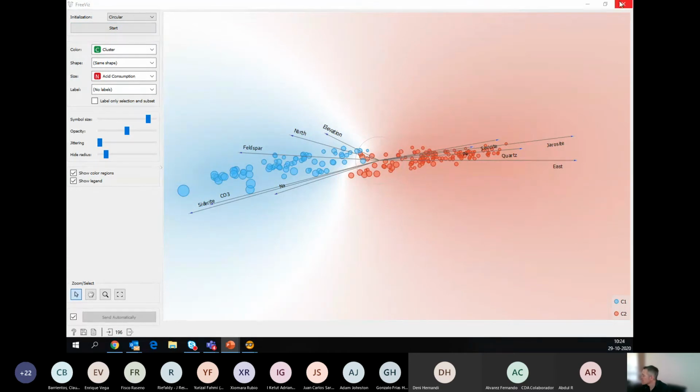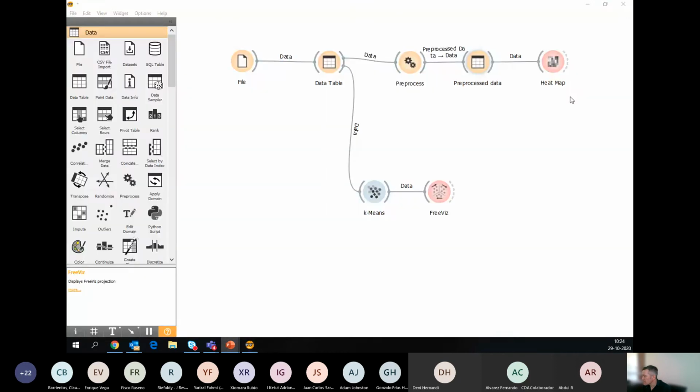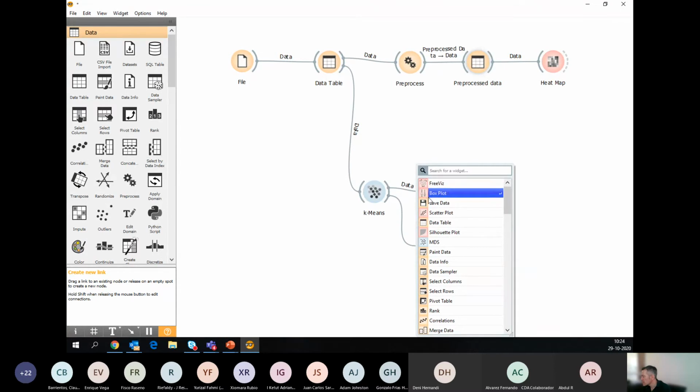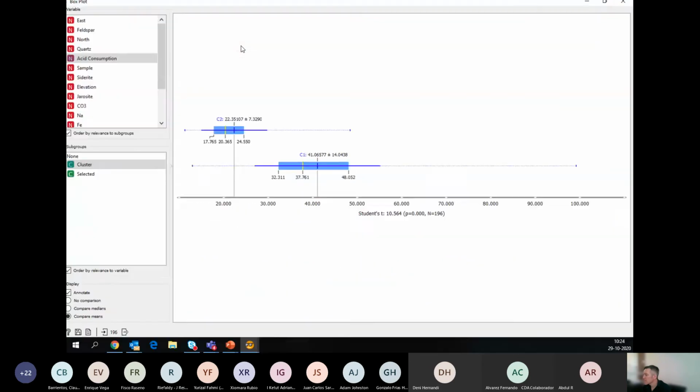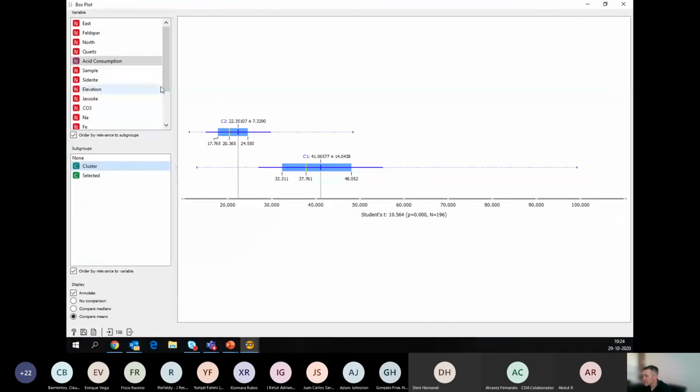Finally, we are cool, probably. Please have a final look at this. I'm going to close it, and let's check the result, an additional check of our result. This is the last widget I would like to share with you today. Box plot. Okay. In box plot, this is box plot. So select